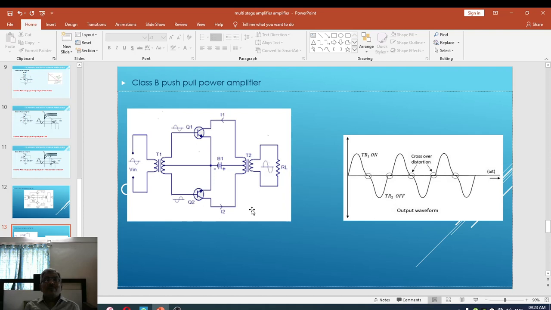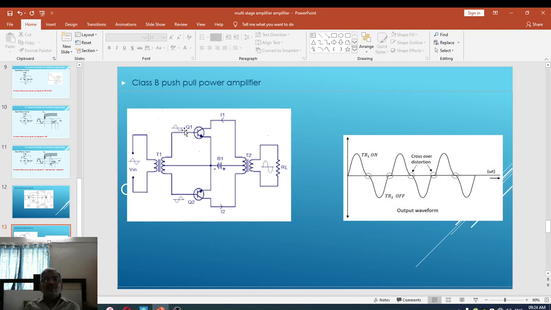Dear students, let us begin to deal with its working. When the input signal to be amplified is given to the primary winding of the transformer T1, which is the impedance matching transformer, it provides a secondary voltage across the secondary winding so that it provides 180 degree out of phase signals to the base of Q1 as well as the base of Q2, which are represented here. The phase shift is represented.